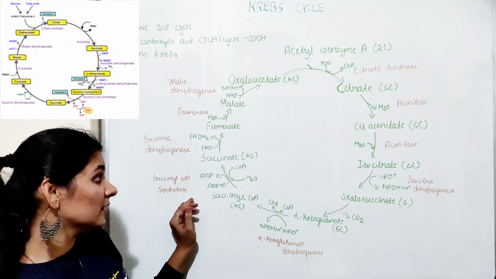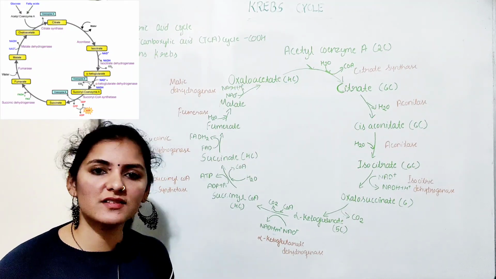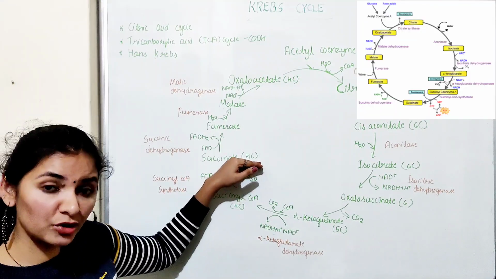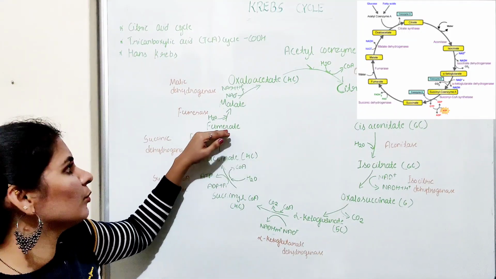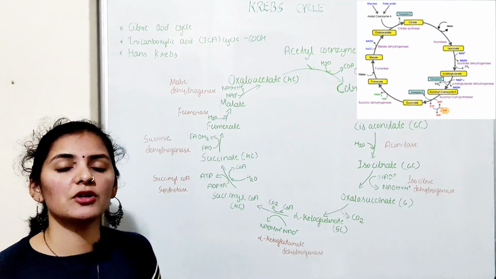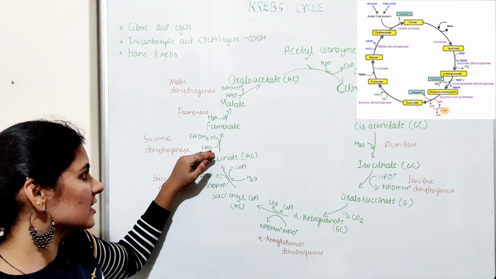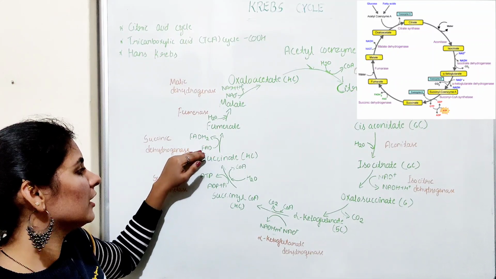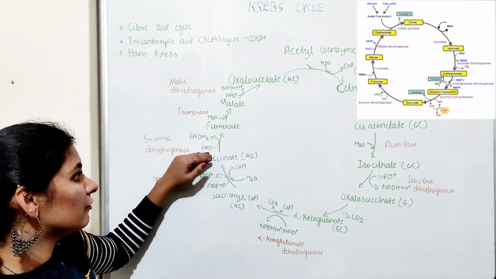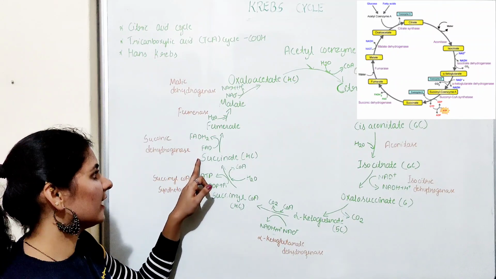In the next step, the simple compound, that is succinate, gets oxidized, or undergoes oxidation, to produce fumarate. So succinate is a 4 carbon compound which is oxidized to produce fumarate. Fumarate is also a 4 carbon compound. During oxidation, 2 hydrogen atoms are removed, and these removed hydrogen atoms are received by FAD, that is flavin adenine dinucleotide. So upon receiving 2 hydrogen atoms, FAD is converted into FADH2,